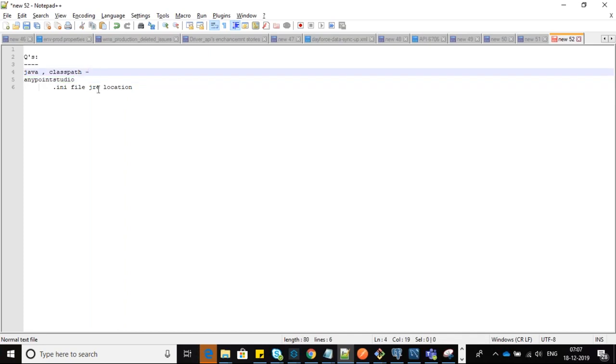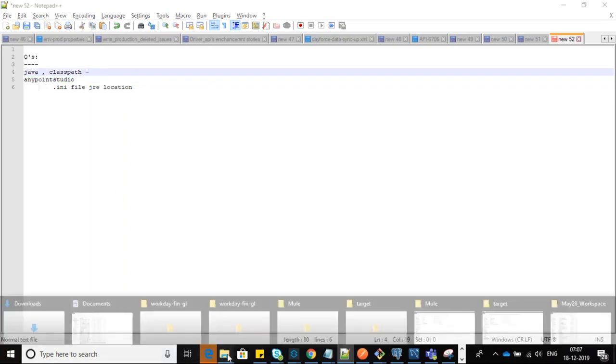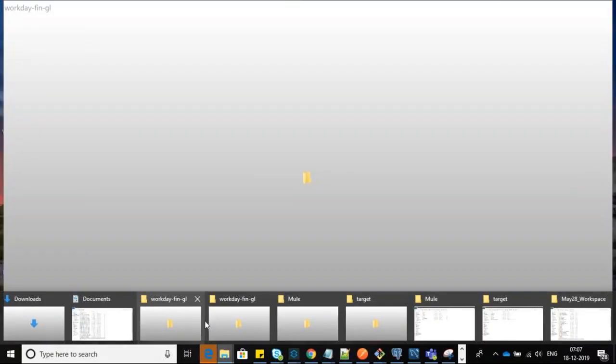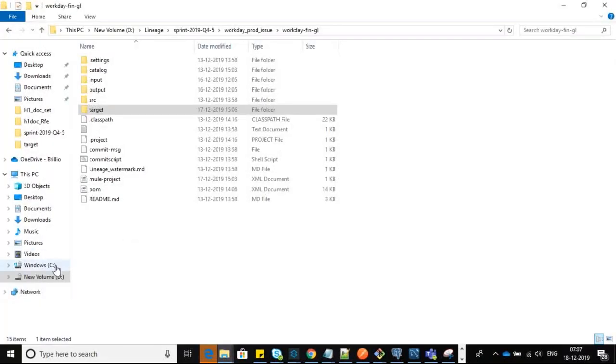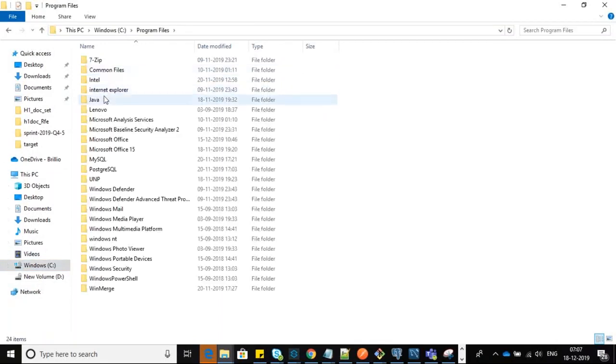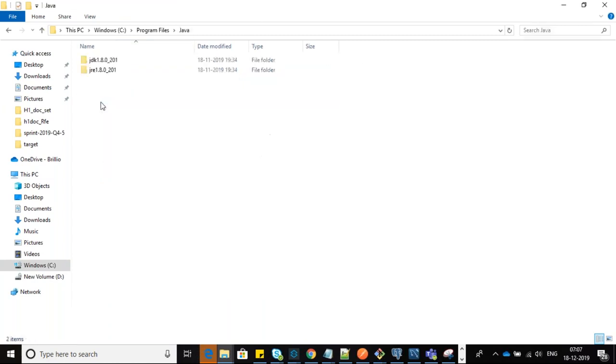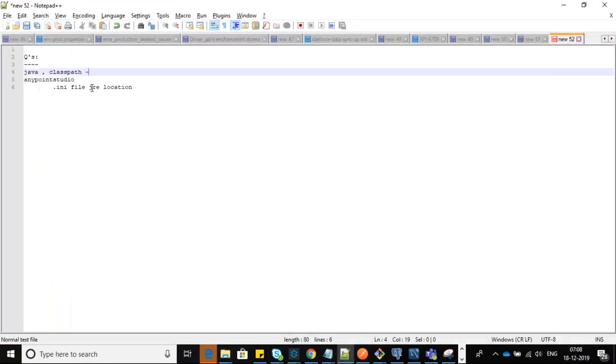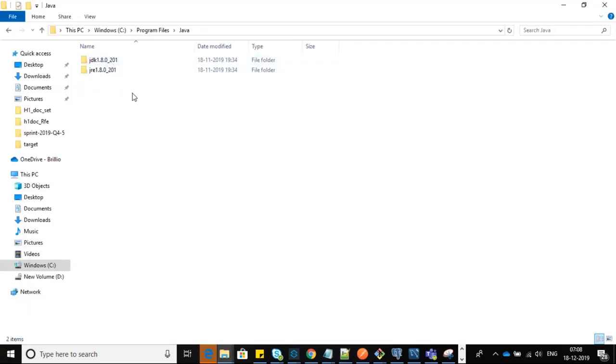First we have to set up the Java. Nowadays the IT team will install the Java by default on every machine. Open C, Program Files; usually Java is set up in the C drive. You can see these two folders, right? According to our recommendation, any version under 1.8 is good, guys.